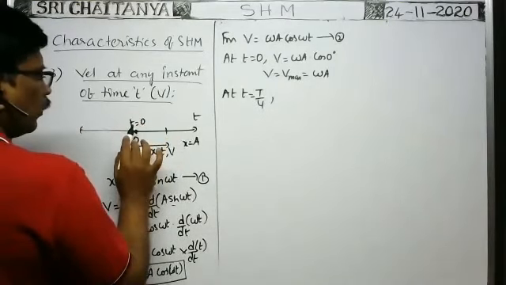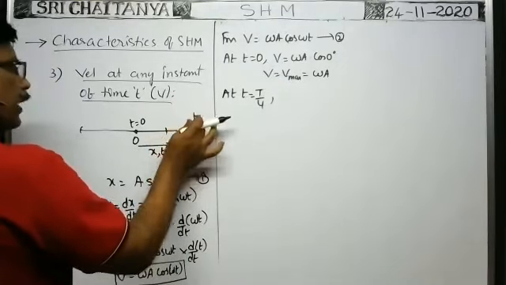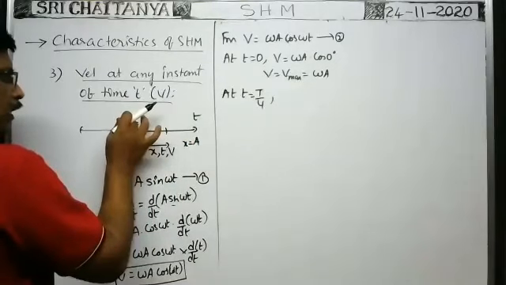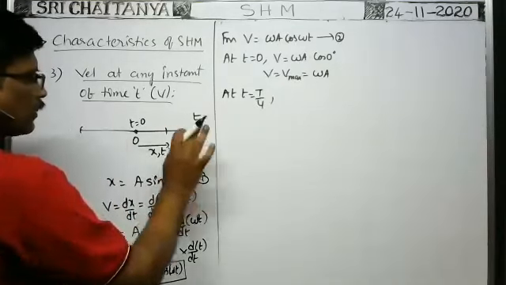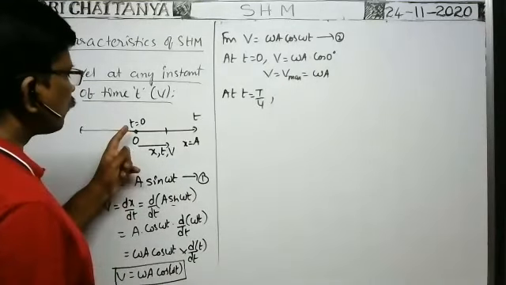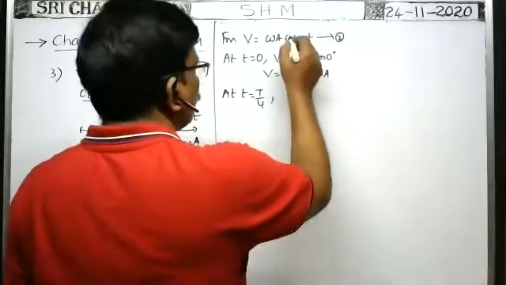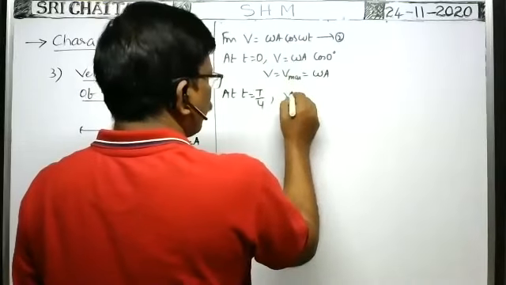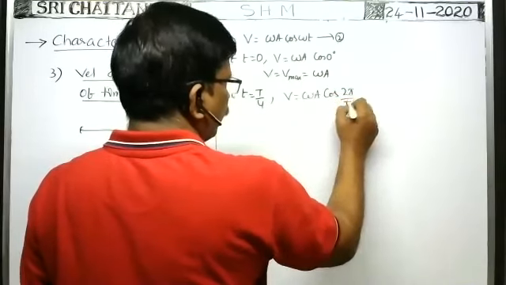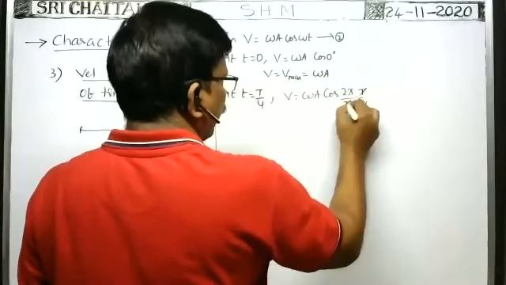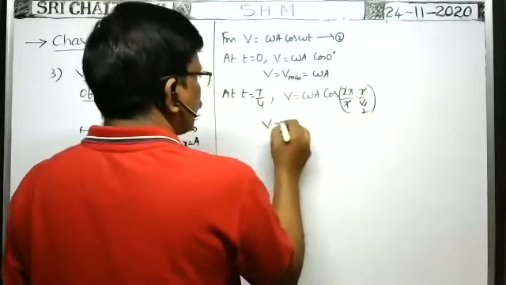When it travels from the mean position to the extreme position, it completes 1/4 of an oscillation. Then from mean to extreme to mean, half of the oscillation is over. From this, 3/4 of the oscillation, and if it comes back, the total oscillation is completed. So when it reaches from the mean position to the extreme position after T by 4 seconds, what is the velocity of the particle? Substitute small t is equal to T by 4 in this formula, then v is equal to omega a into cos of omega t, where omega is 2 pi by capital T and small t is T by 4. T cancels, and 2 2s are 4. Therefore pi by 2, which is 90 degrees, cos 90 is 0. That's why the velocity becomes 0.